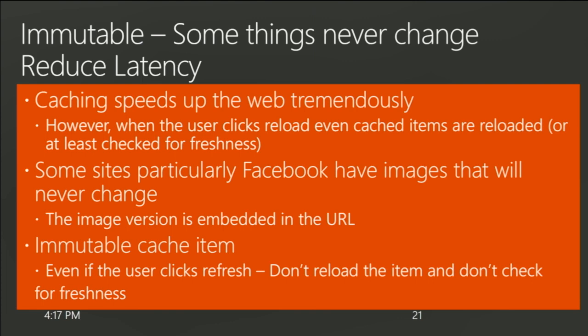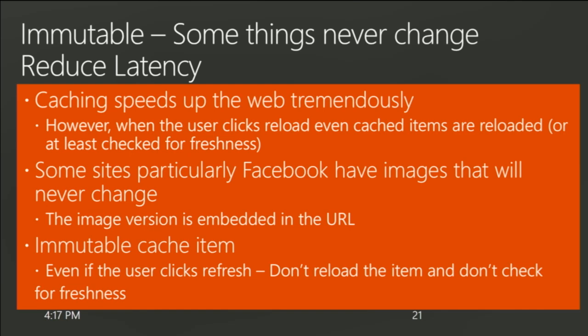We recently implemented immutable. And the reason that we did that is because with cacheable objects, if the user clicks refresh, which a lot of people do, particularly on sites such as Facebook, then regardless of whether it's cached, the object will be reloaded again.